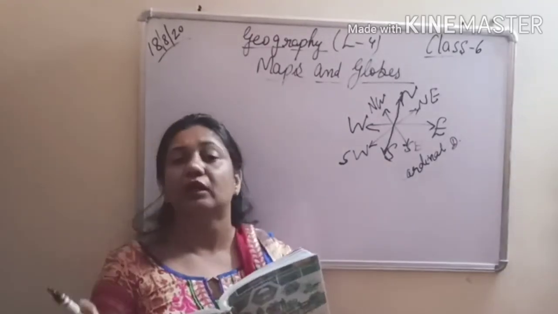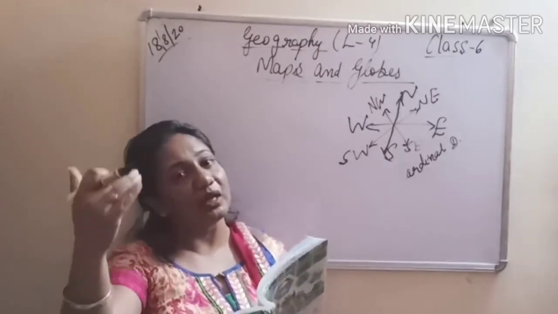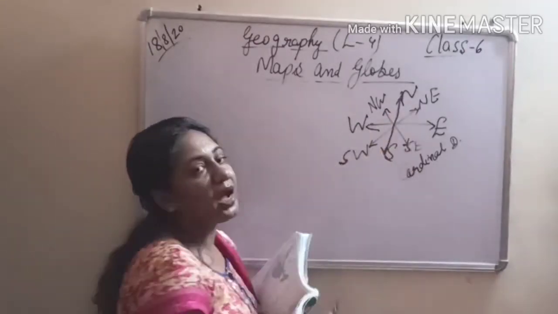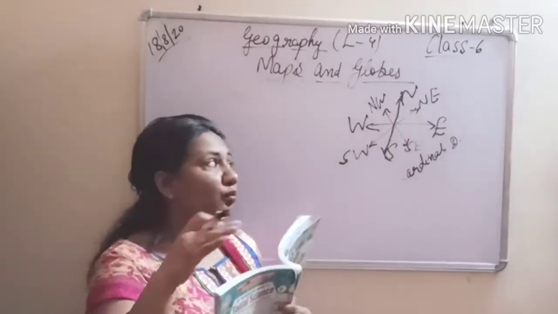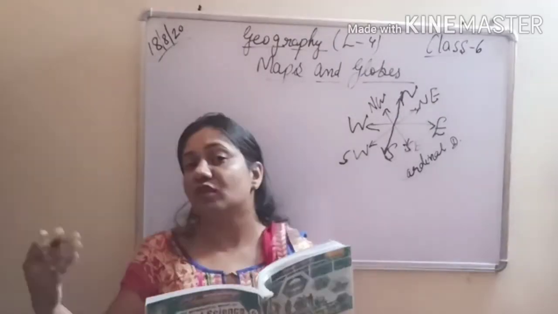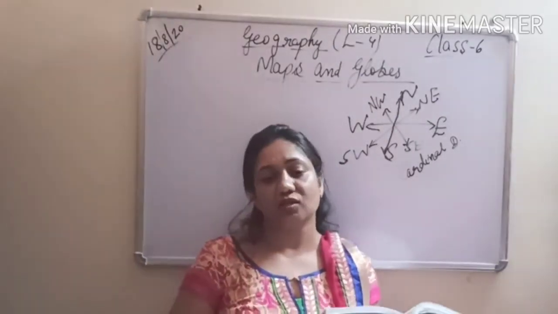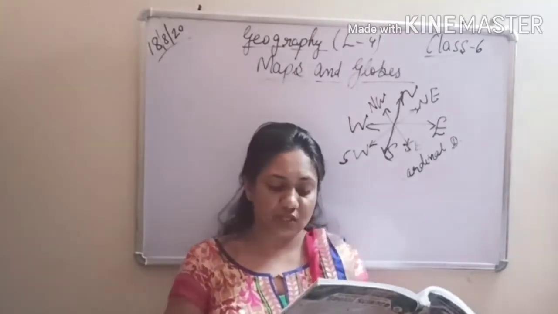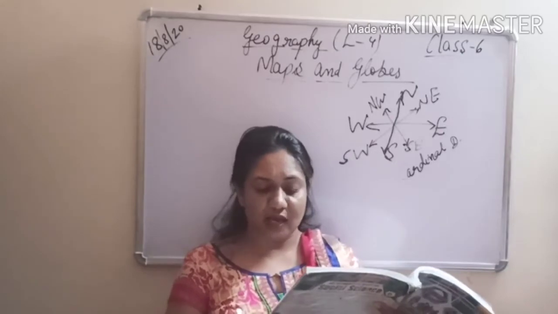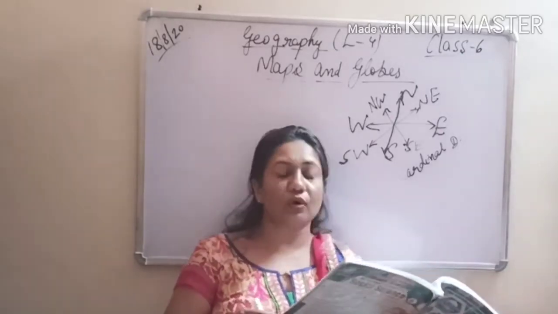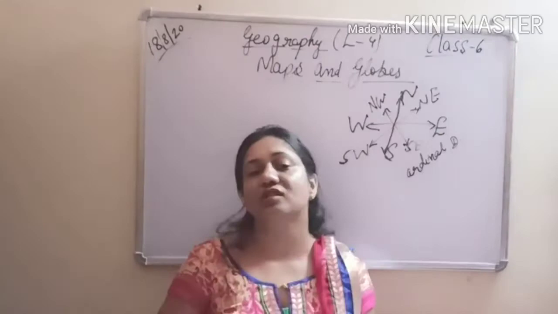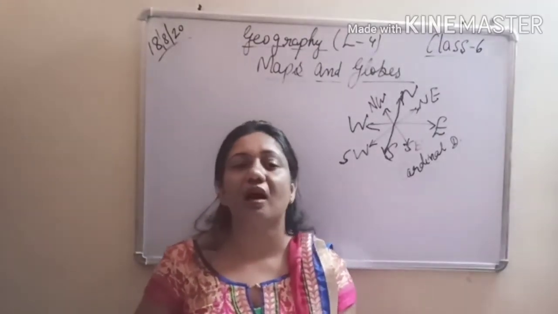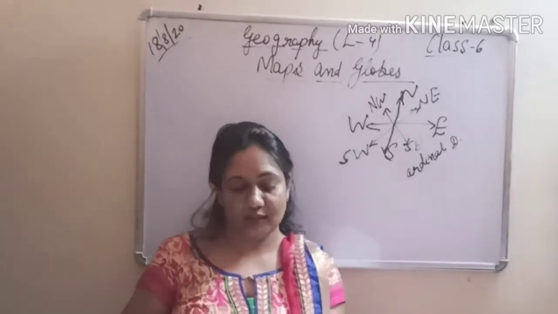Earlier also we have done this. If we know the north direction, then we can easily calculate the other directions, because we know opposite to the north we have the south direction, and which direction is towards the left hand side and which is towards the right hand side. So we can easily calculate the directions. Therefore, if we know the north direction, the other directions, that is east, west and south, could easily be known. And these four directions are known as cardinal directions. So please underline what are cardinal directions: north, south, east, west.